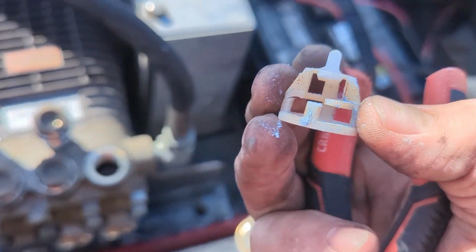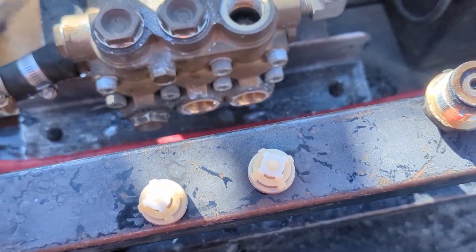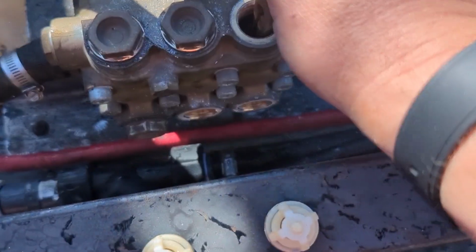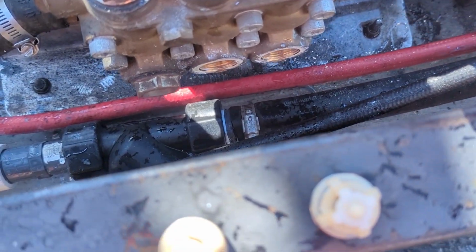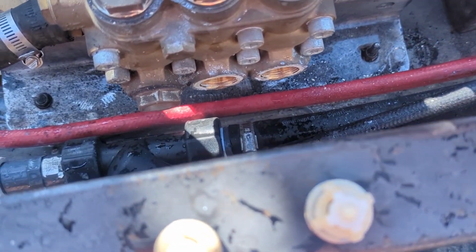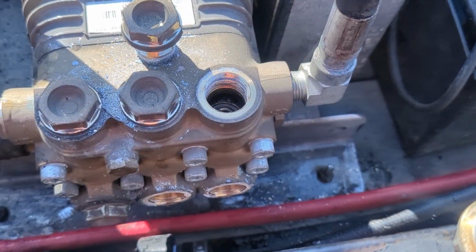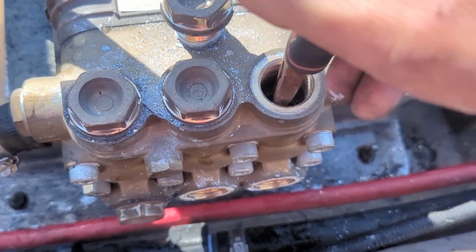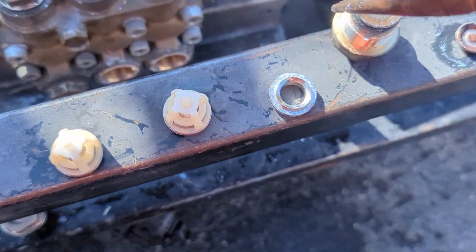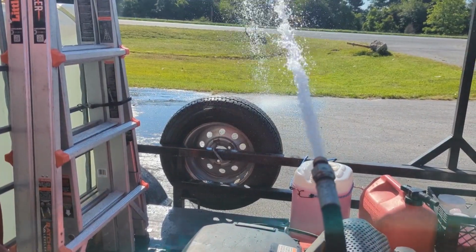Yeah, so lovely. So this is why you always want to have your repair kits. I'm only going to repair the one, everything else was fine. It is amazing though that it was this particular one that got it. It's pretty corroded. So anyways, we'll get this all taken out and fix it right up with a new set of check valves. Alright, so now we're back to good flow. Good old 10 gallons a